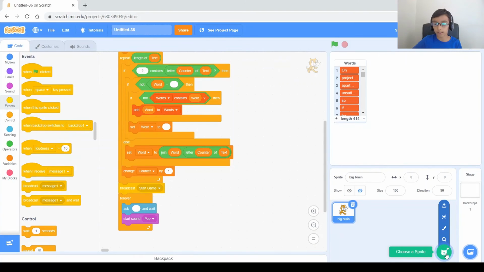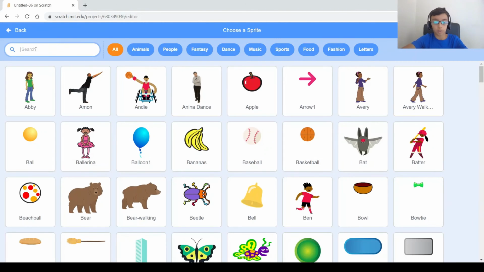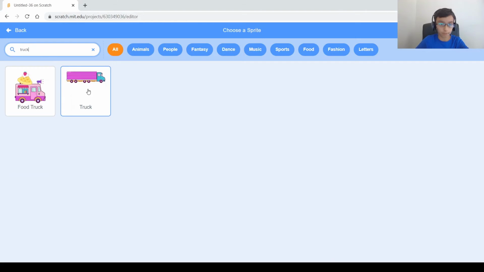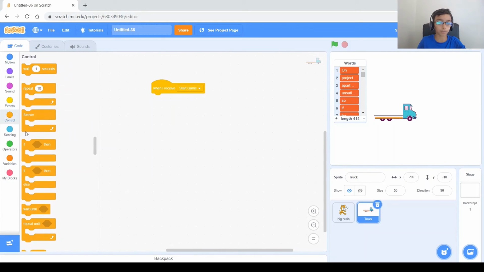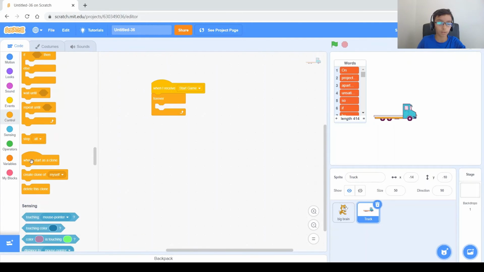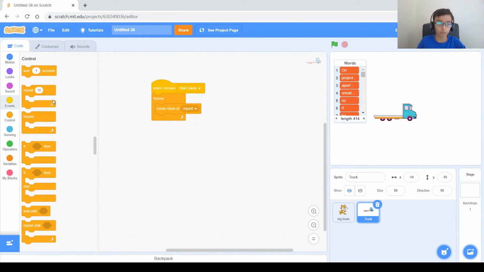Okay, now let's go ahead and choose a sprite. It's called truck, I think. Yeah, there it is. It's got 3 costumes, I think. And now let's go ahead and make it smaller because it's huge, so 50%. Yeah, 50% is good. And then when I receive start game, we want to forever create clone and then wait, let's say 2 seconds because we want a clone every 2 seconds. And when I start as a clone,